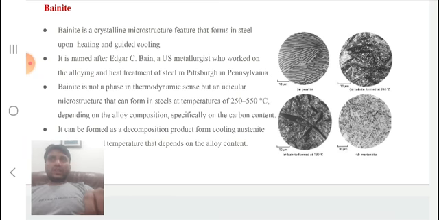The cooling rate to form bainite is more rapid than that required to form pearlite, but less rapid than is required to form martensite. Most alloying elements will retard the formation of bainite. Though carbon is the most effective in doing so, aluminium and cobalt are exceptions in that they can accelerate the decomposition of austenite and raise the transformation temperature.